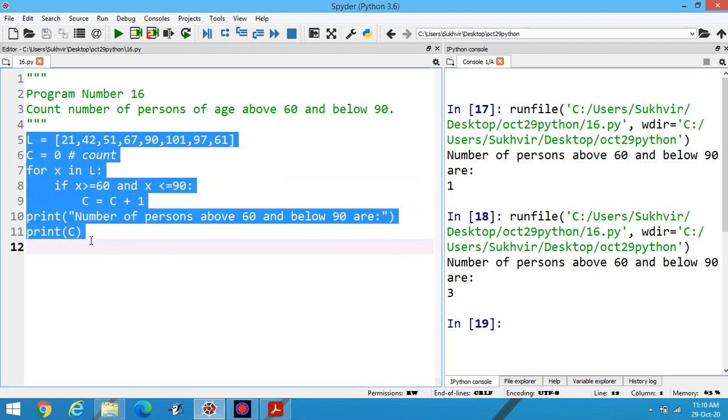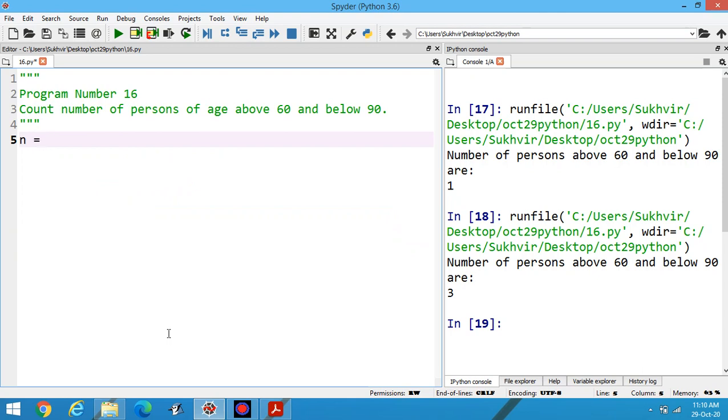For that, what I have to do? First of all, n is equal to int input number of persons. How many persons you would like to enter?